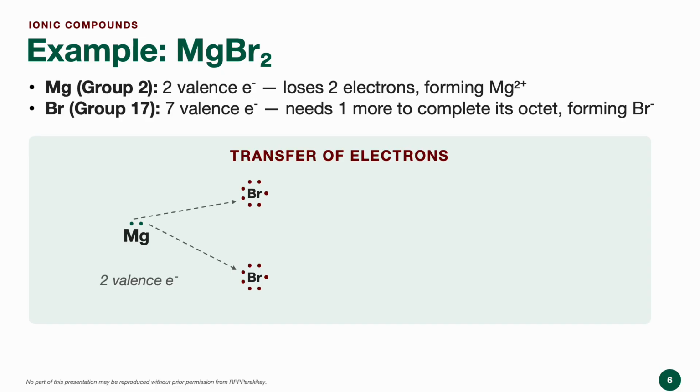Then, to write the Lewis structure, the bromide ion is drawn with brackets around it and a full octet of 8 dots, while the magnesium ion, having lost 2 electrons entirely, is drawn with no dots. And we will place a +2 charge for magnesium. We will place the coefficient 2 for Br minus, so the number of bromide ions in the formula unit will be reflected. So this is the Lewis structure for MgBr2.